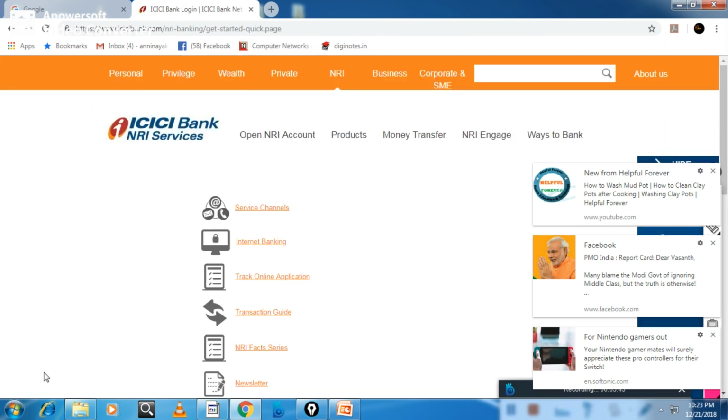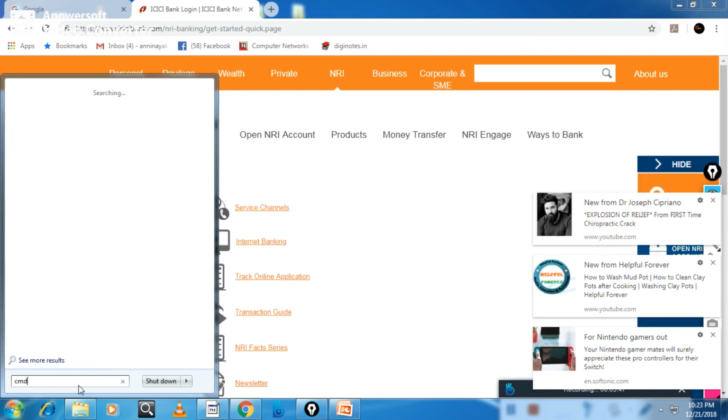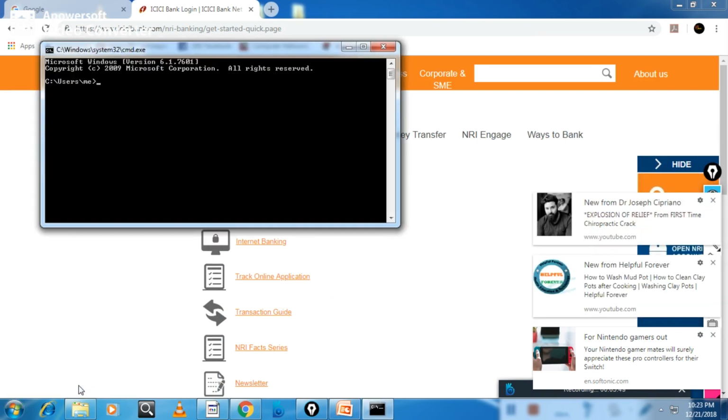Other than that, I will go to the command prompt and try to log in using FTP to some site. The command is open, and I have to give the address.